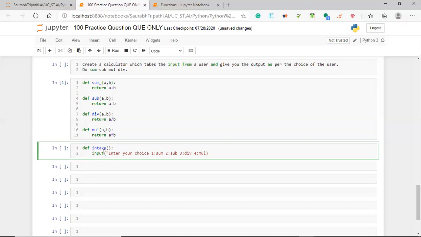And this is the choice that we are going to take. Guys, again, one thing that you need to mind is that we are taking a number as an input. So when we're taking a number as an input, we need to make sure that we are making it an integer. Second thing, we need to take a variable too, so we are taking a variable here, and in the variable I will take the input.